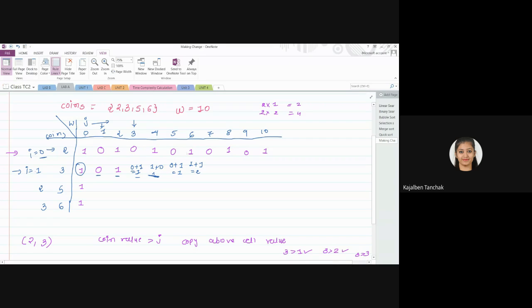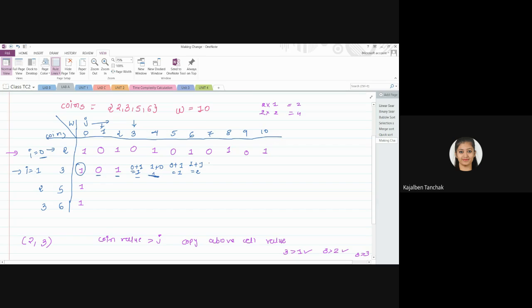Okay, so you can see here, if you have two coins, a 2 rupee coin and a 3 rupee coin. Using the 2 rupee coin, there is one way: you can pay with three 2 rupee coins, right? If you give 2 rupee coins, only then can you pay. There is one way. The other way is two 3 rupee coins. So that makes 2 ways in total, right? So this way you can fill the table, or you can also fill the table using the formula.